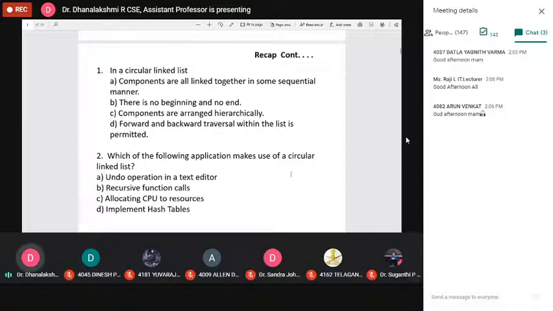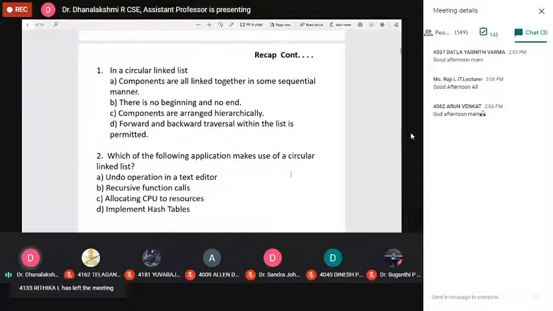First question. In a circular linked list, first this question to Brinda, roll number 29. Brinda, you should answer this question. In a circular linked list: components are linked together in some sequential manner; there is no beginning and no end; components are arranged in hierarchy; or forward and backward traversal within the list is permitted.